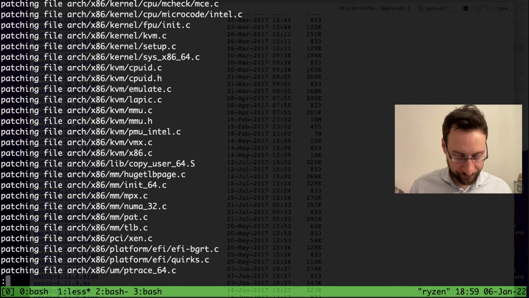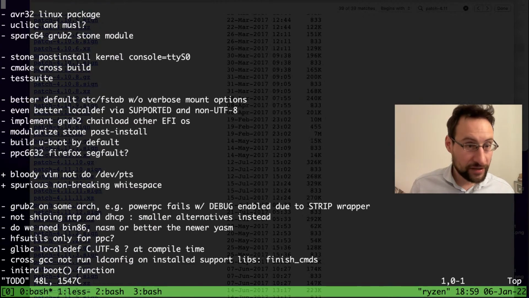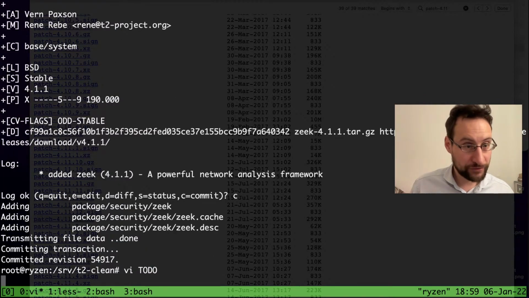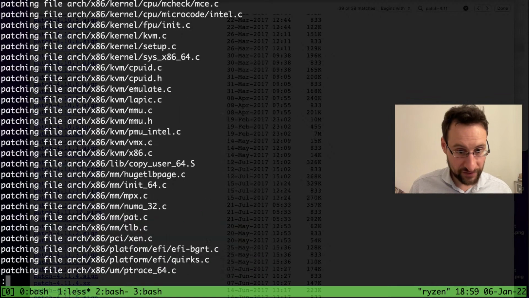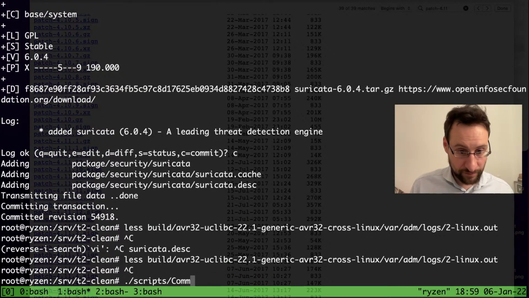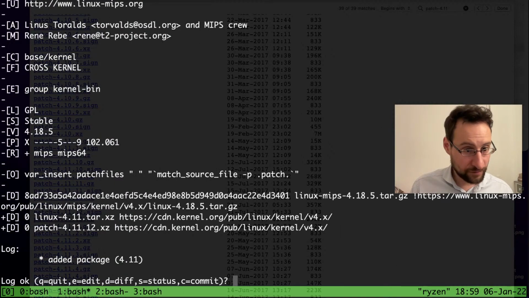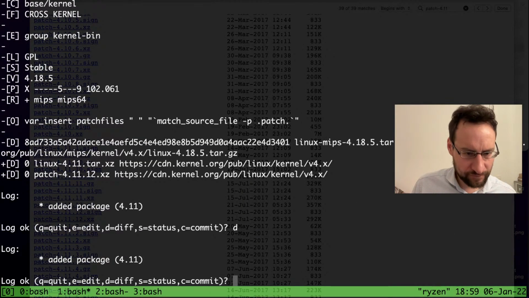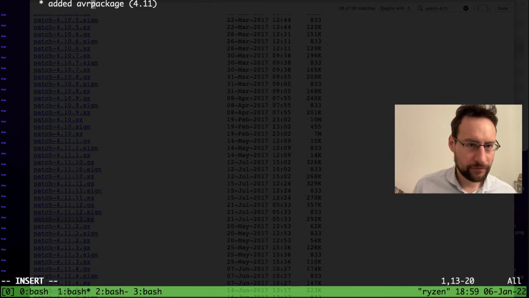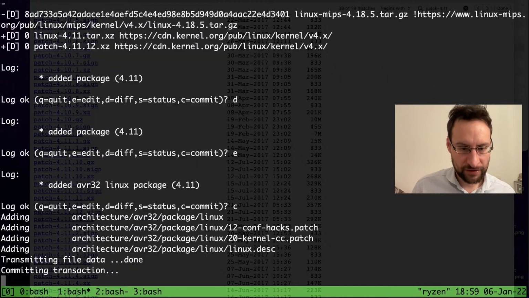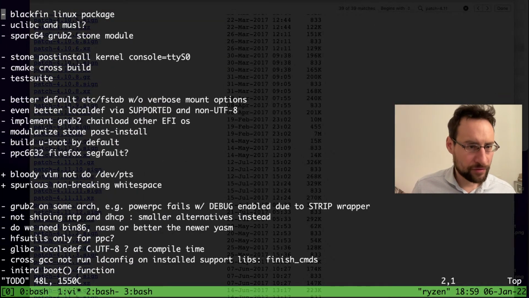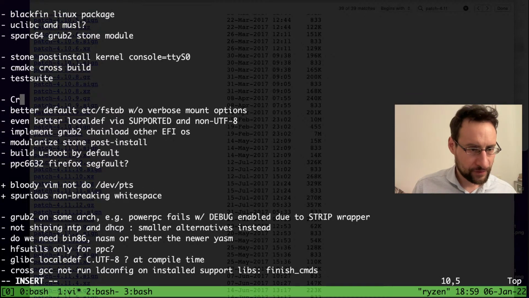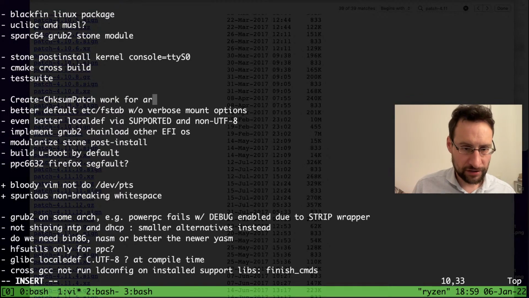Okay, this works now. Good that we tested that. Then actually we can change this to maybe Blackfin potentially. Let's check that in a second. So commit architecture AVR32, one more thing done. Theoretically, I also need to create, you know what, let's edit AVR32 in this package, and we probably should make our create checksum patch work for Arch